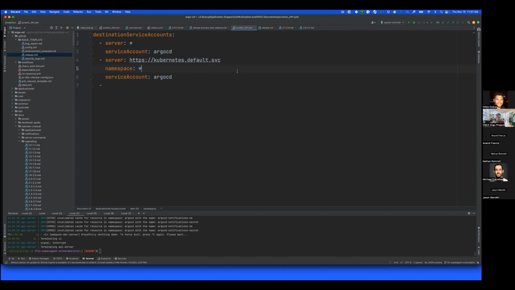Yeah, but we need that to match what is specified in the application, right? Yeah, that namespace just seems like the wrong way to match. Maybe the better way is to just match labels or annotations on the application resource itself. That way the users can opt themselves into particular service accounts.